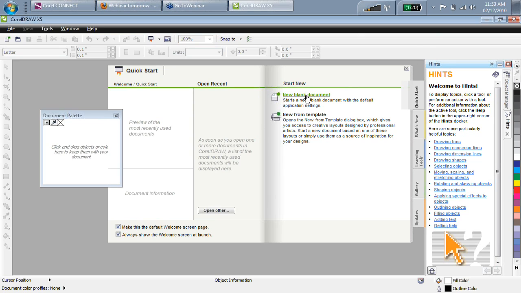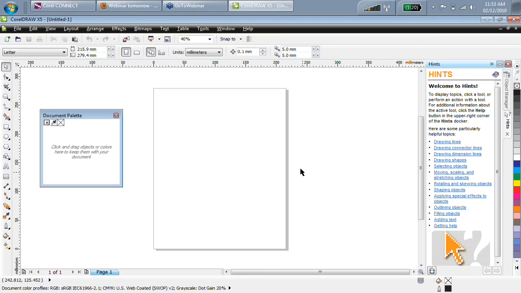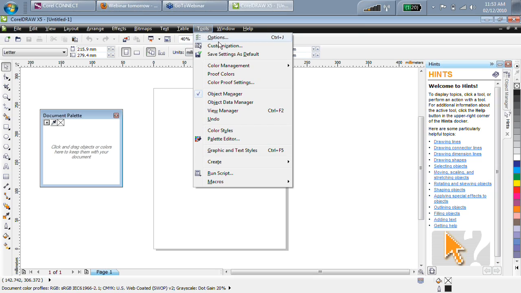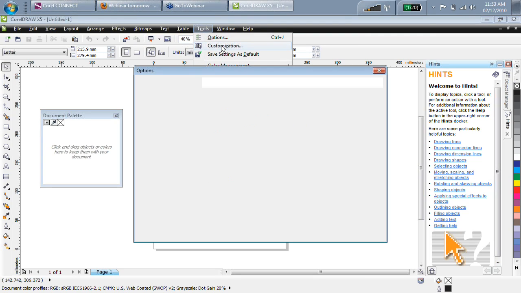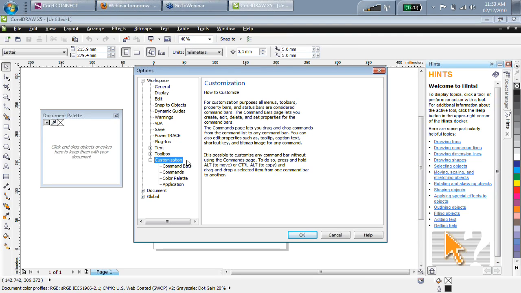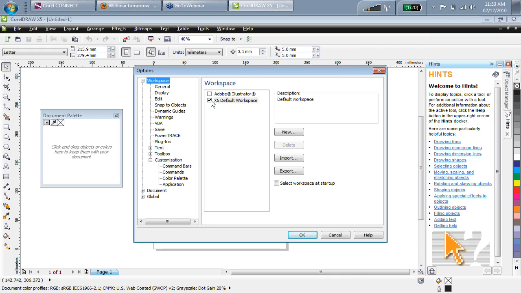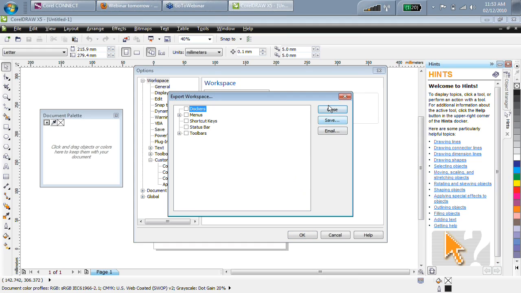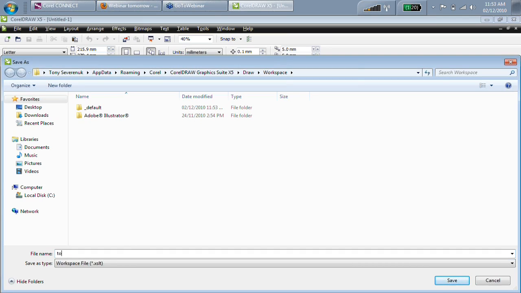All right. If you find that funky things start happening sometimes, I would first suggest that you back up your workspace by going Tools, Customization, and then you can go to Workspace. So you click on the Options dialog, go to Workspace, and then say Export. Okay. Click everything that you want to back up. You probably want to back everything up. And then Save. And what happens now